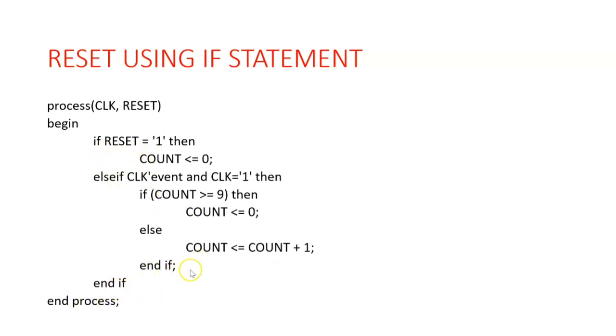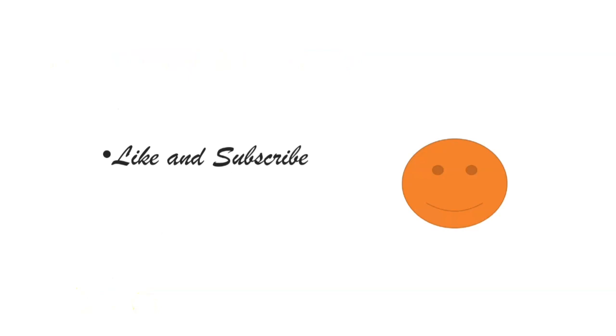Here you are clearly using two if statements, one here and one here, so two end ifs. However many times you open an if statement, you have to end it that many times, otherwise it will throw an error. Also, only after ending these if statements do you end the process. In this video, we have seen the syntax of if statements used in VHDL coding and various types of usage of if statements. Studying these examples will help you learn VHDL coding. These are small code snippets which will help you learn VHDL programming.